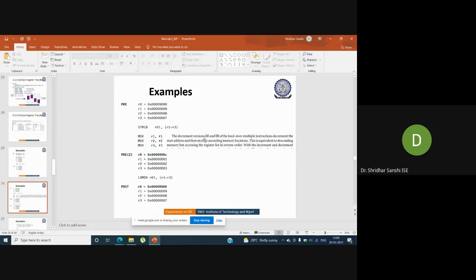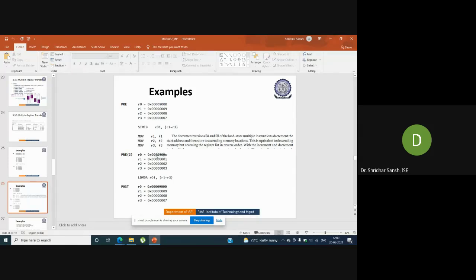When we say it is an ascending memory location, it means that we are accessing the registers from last to first. So if I do LDMDA R0!, R1 to R3, it means that whatever address it is pointing to at present, R0 is the updated address.